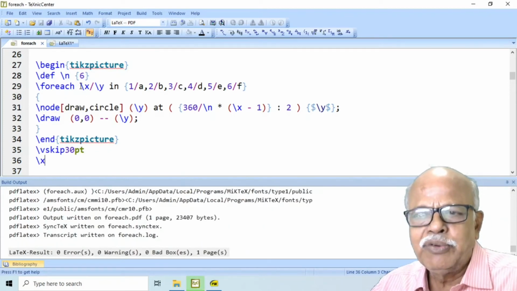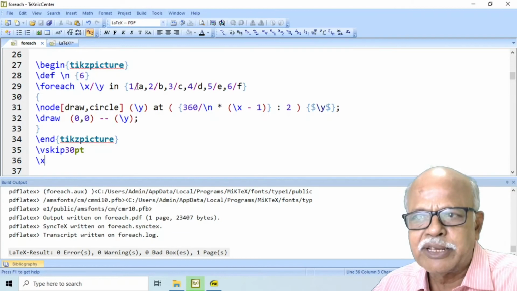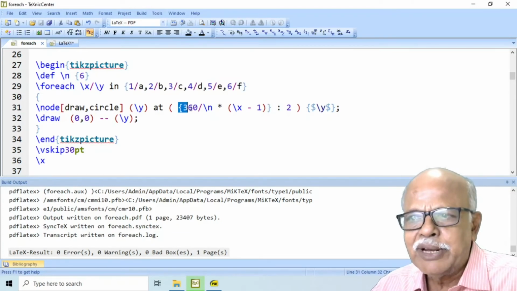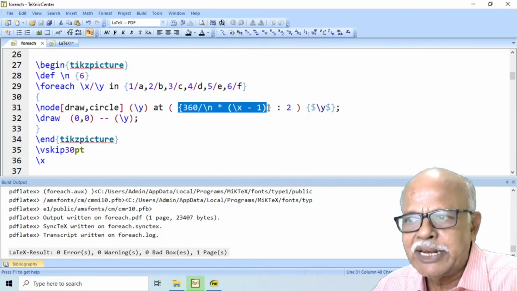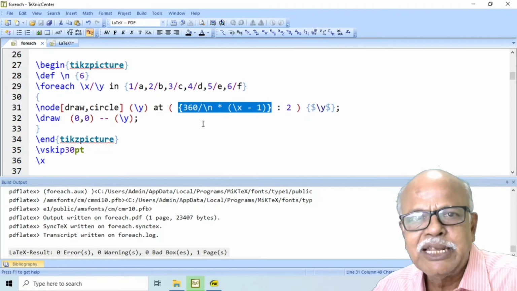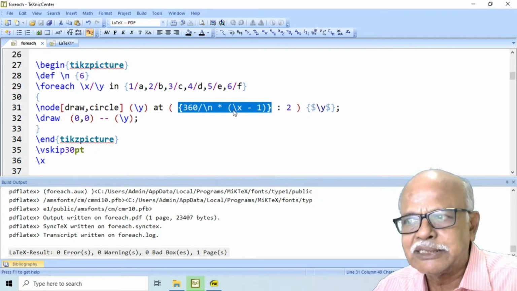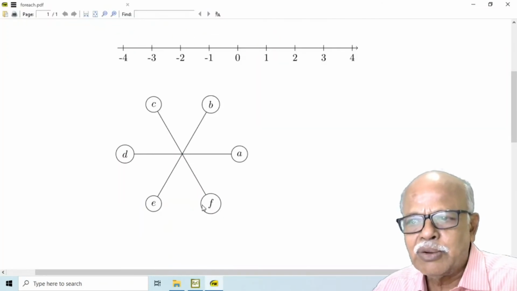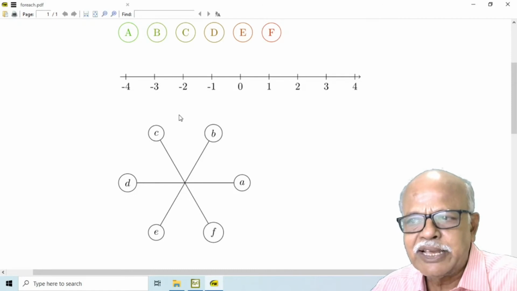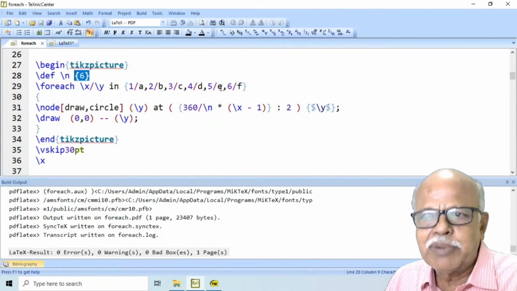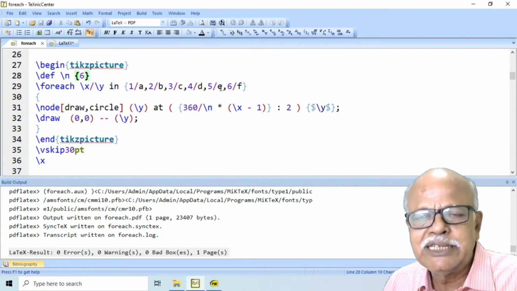We define two variables \x and \y. Values are like this. And then we would like to calculate the polar coordinates like this. Remember, whenever you perform such a calculation, it has to be done within curly braces. Only then will the result be alright. You can have a six-sided figure like this. This can be extended to any number of vertices, not only 6, you can have 7, 8, 9, etc.